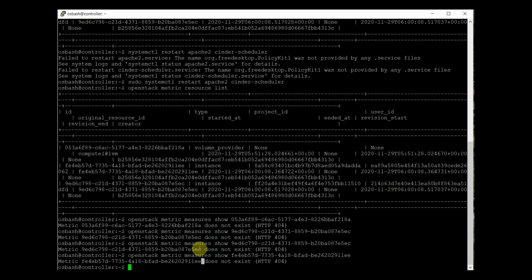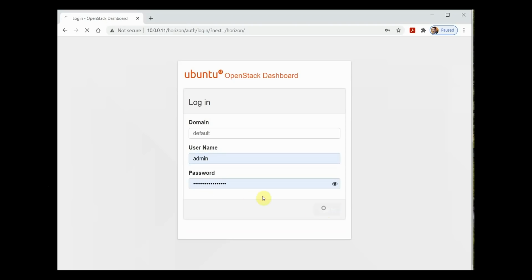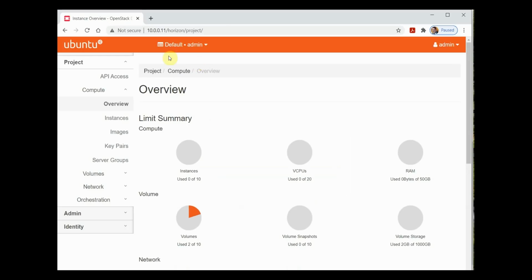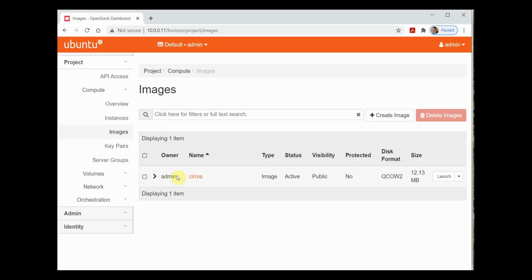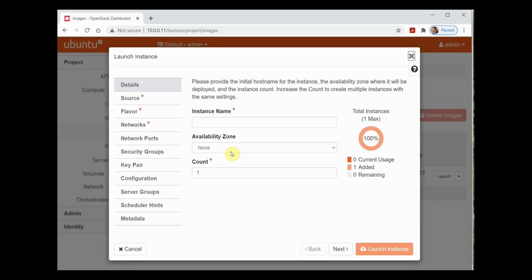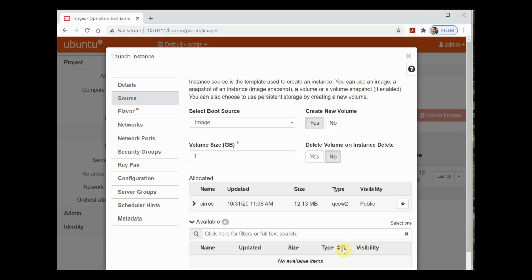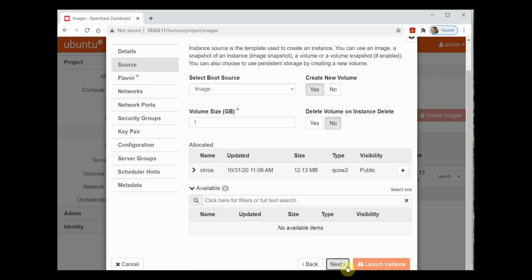So let's do something on our console. Let's launch a compute instance, and then some volume also. Let's create a volume and launch the compute instance. And this is my dashboard, the Horizon dashboard. Let's launch a compute instance with this image. So let me launch this instance, TSP instance 1 demo instance, and once I launch the instance, I will get the metrics about this instance.